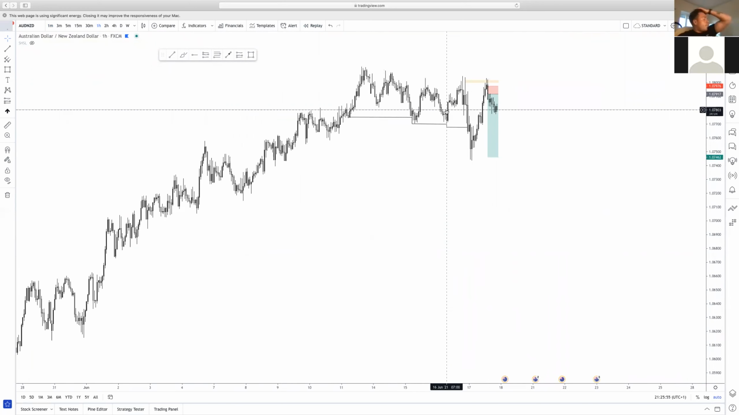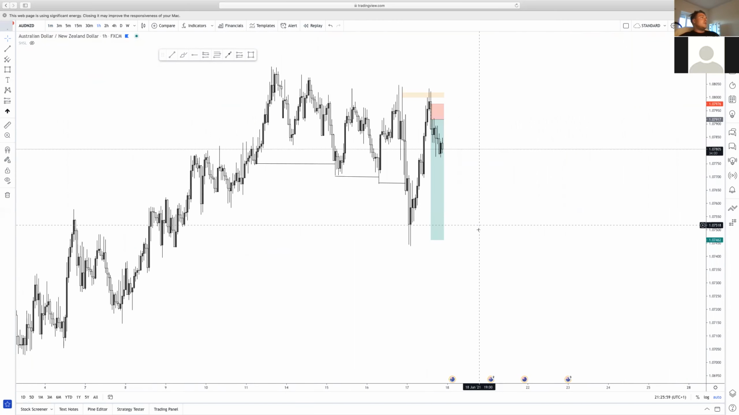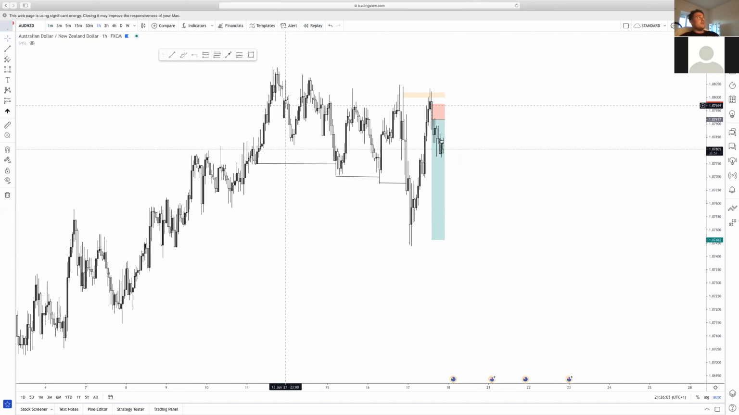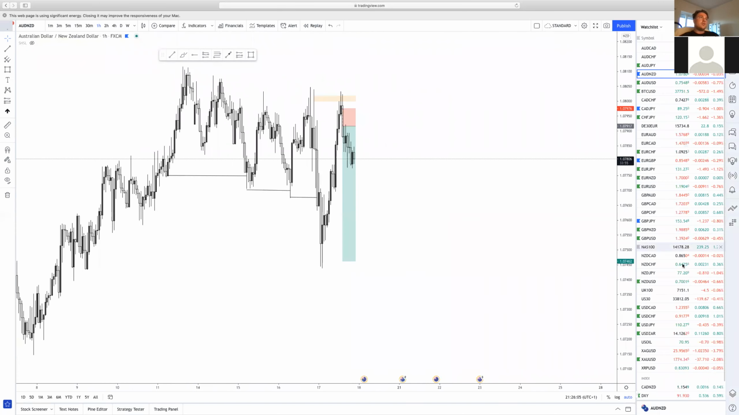Maybe when Australia are live, you know. Hoping to see it push down to here. Now I'm not in the trade anymore. Now another trade I took,